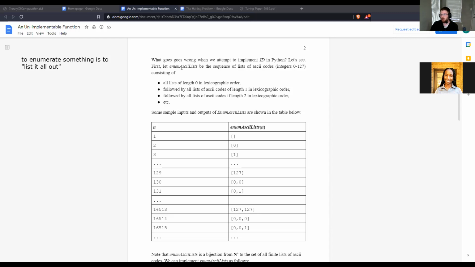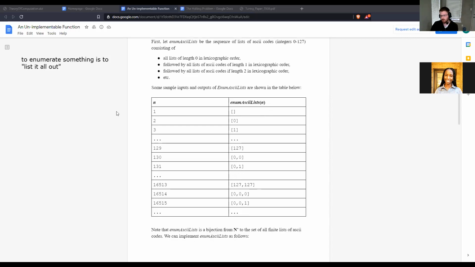All right, so we're going to define this enum ASCII lists. It's going to be the sequence of lists of ASCII codes consisting of all lists of length 0 in lexicographical order, and then lists of length 1 in lexicographical order, so on and so forth. Same thing we did above. Here is some sample inputs of what this is going to look like. So the first output for my function,